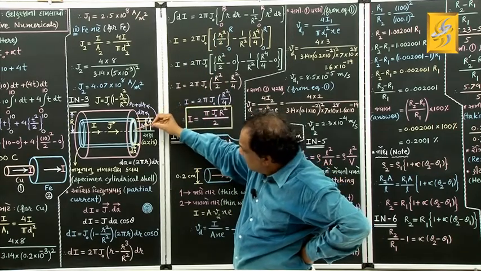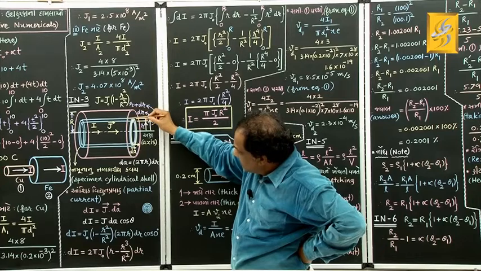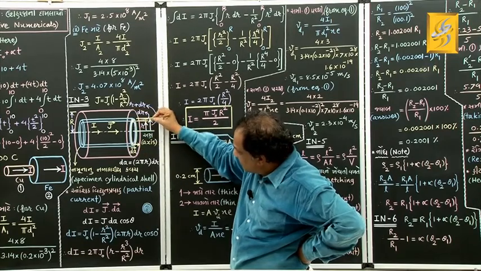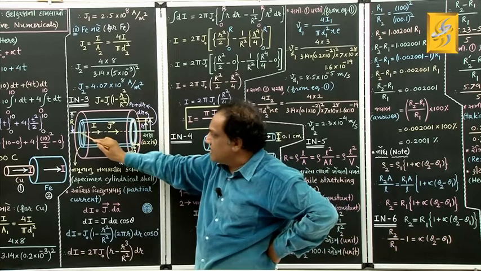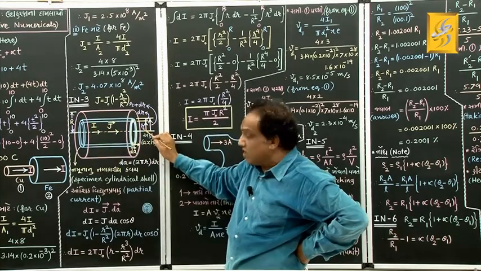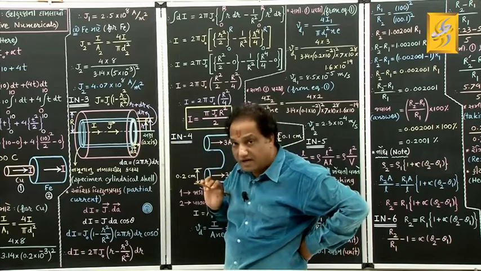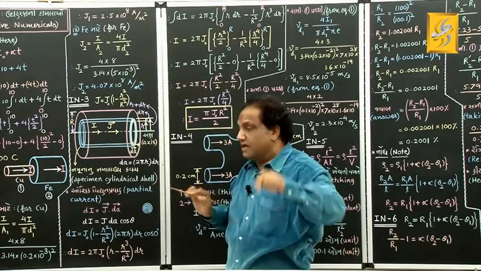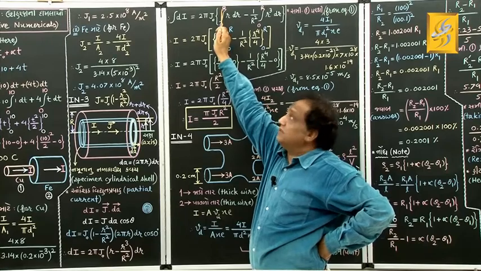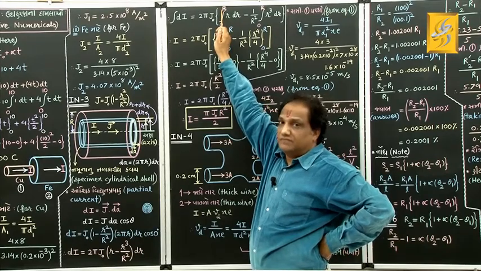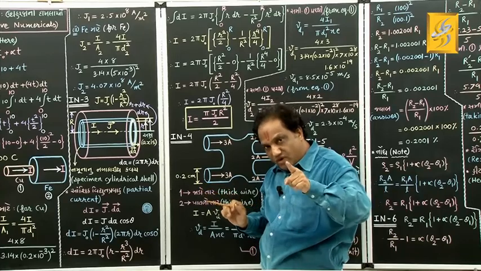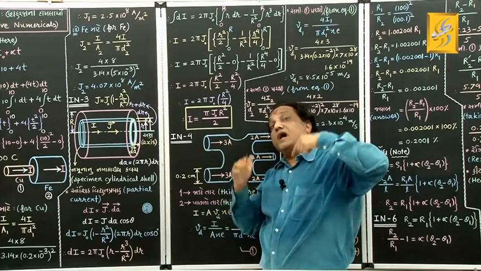And when you take the biggest ring inside this cylindrical conductor, then its radius will be this much, which is also the radius of the cylindrical conductor, that is capital R. So maximum value of small r will be on the wall of the cylindrical conductor, which will be equal to capital R. So maximum value of variable is capital R, that's why it is the upper limit. I repeat for the last time, lower limit means the smallest value of variable, upper limit means highest value of